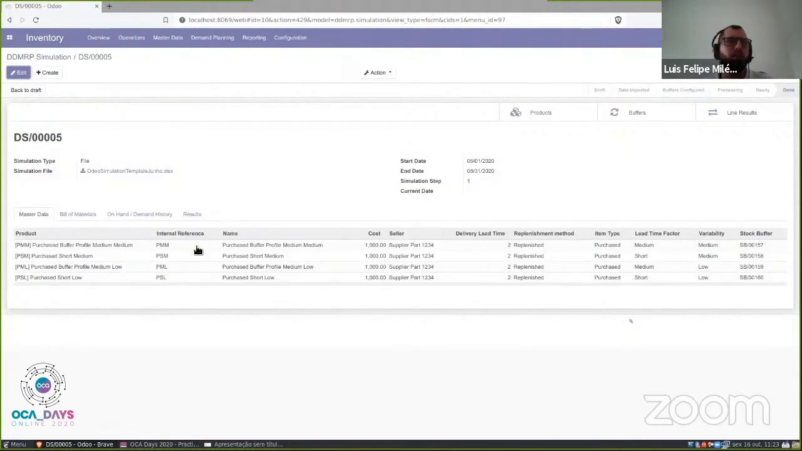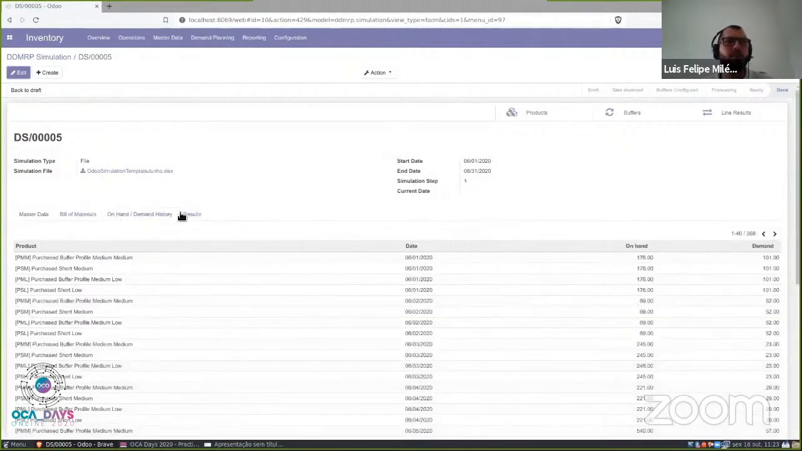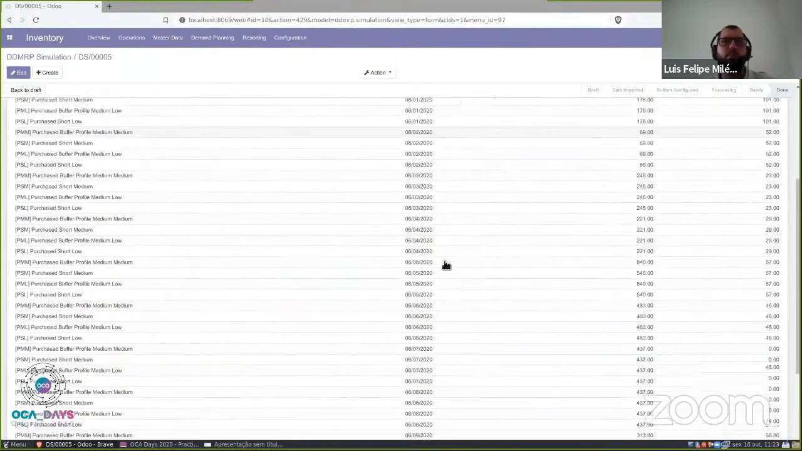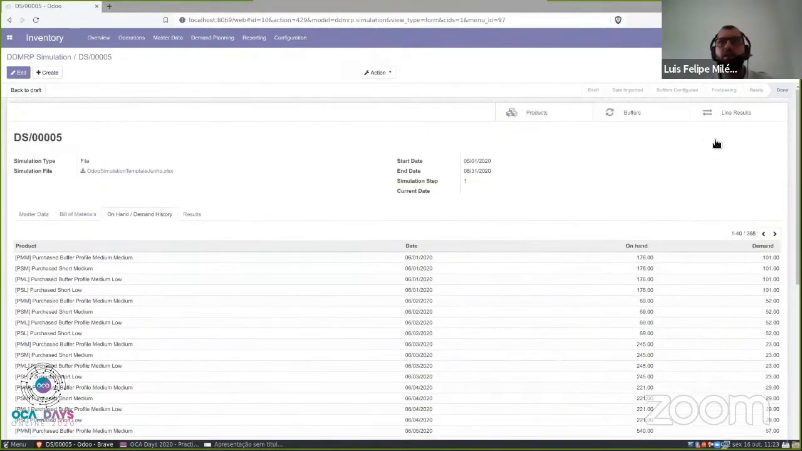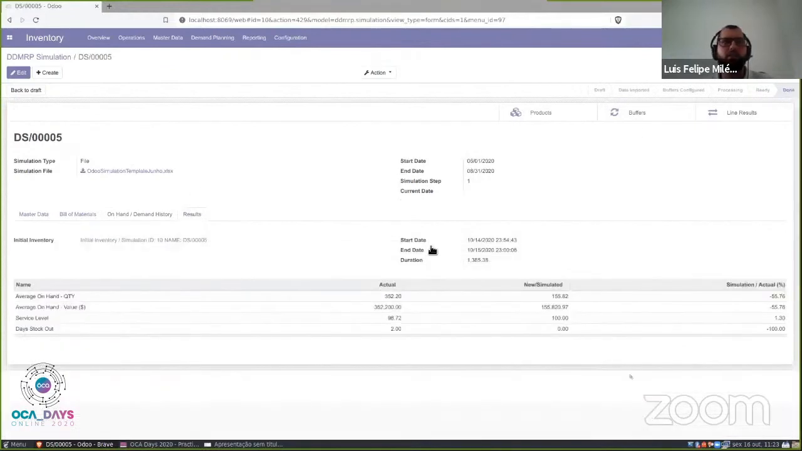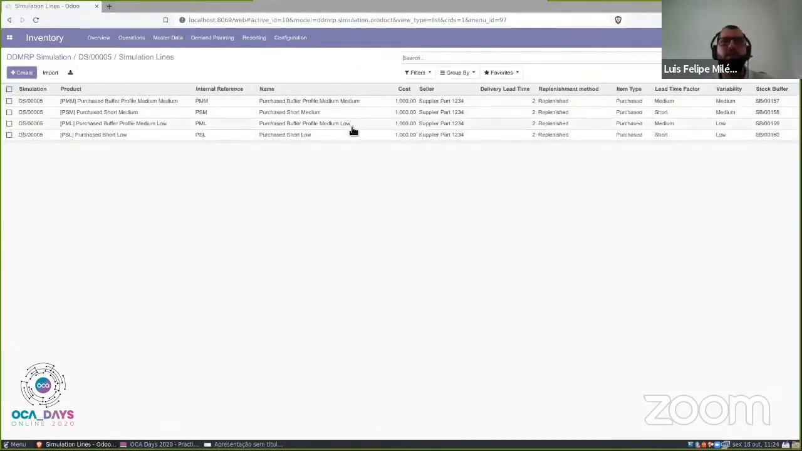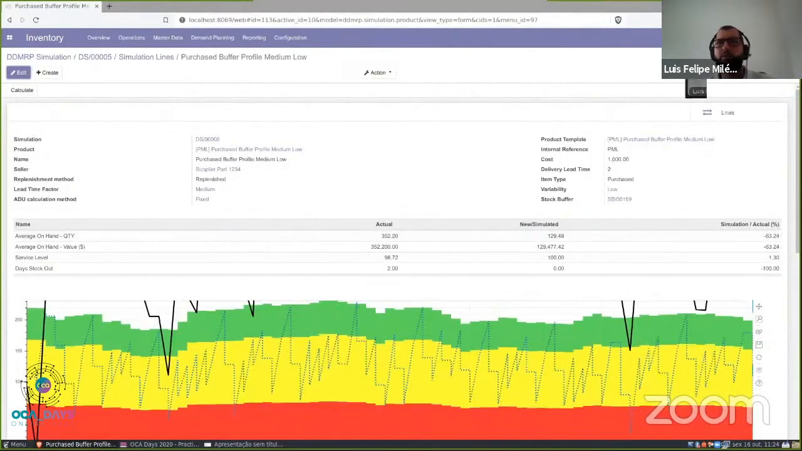We have many items here with some data of on hand and demand in many days of the year, and we get the global results here about the average of these items. And if we want, we can go to the item itself and see what's going on with the simulation. We have here a simulated reduction of the average on hand of 6%, and we have an increase of the service level of